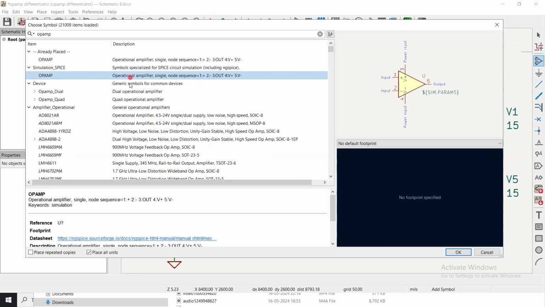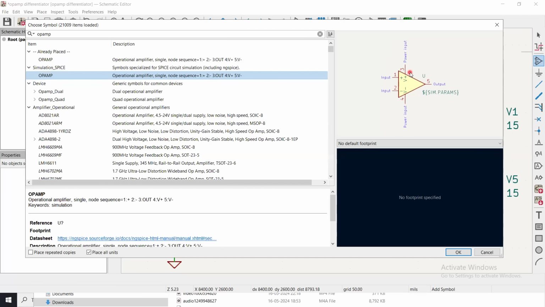Okay, this is a specialized symbol. So it is an op-amp. It is a single op-amp. So in an integrated circuit, you can have dual op-amp, you can have quad, but in this particular case, you have a single op-amp. Node sequence is like pin number 1 is positive pin, pin number 2 is negative pin,